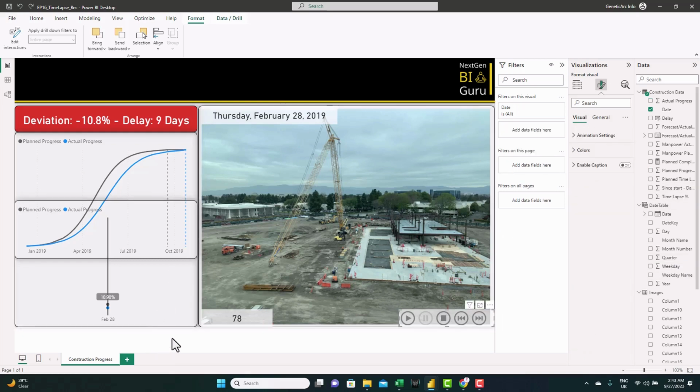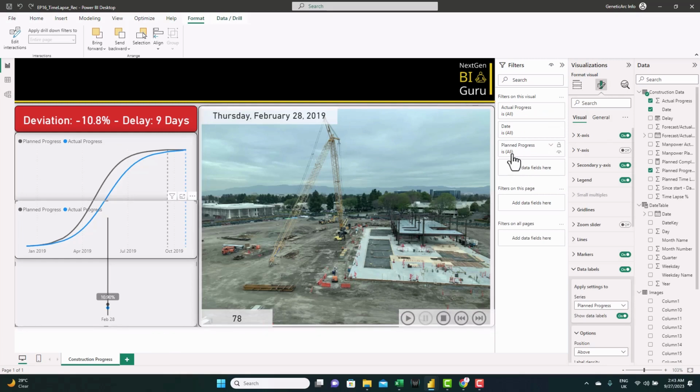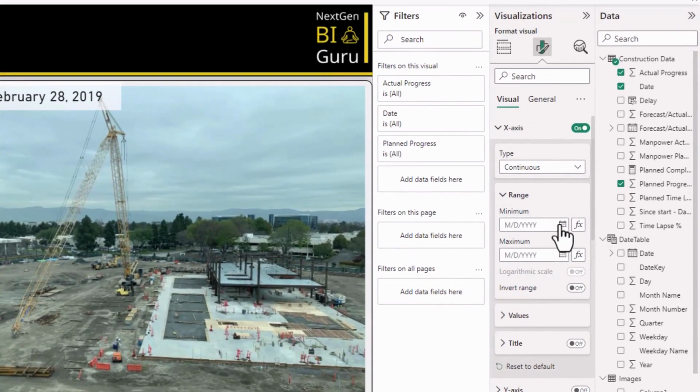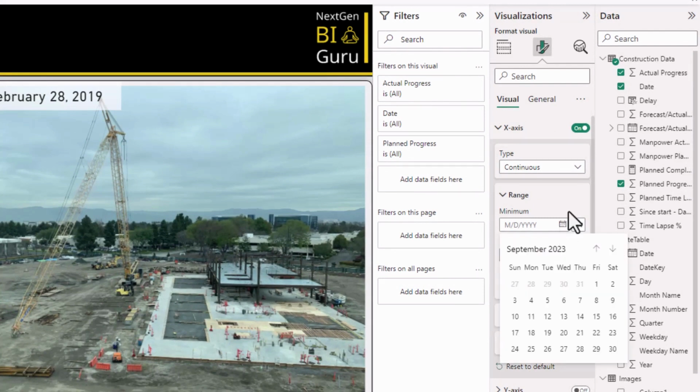So now to make this work properly, there is one last thing we need to do. From visual, in the x-axis, we need to provide the minimum and maximum value. And for the minimum value, it's the start date of the construction. We take it just from the table. We don't need to make it variable.